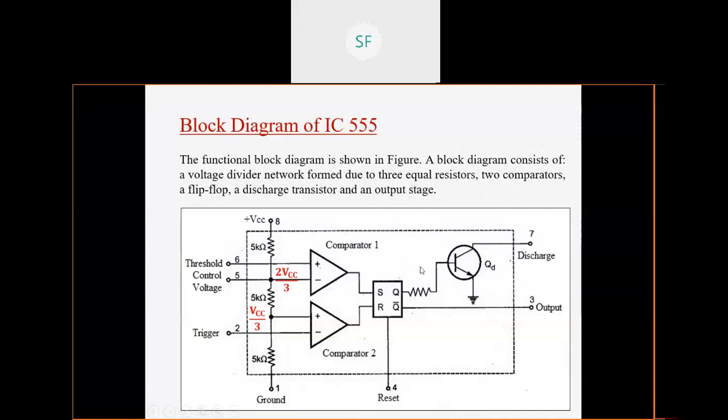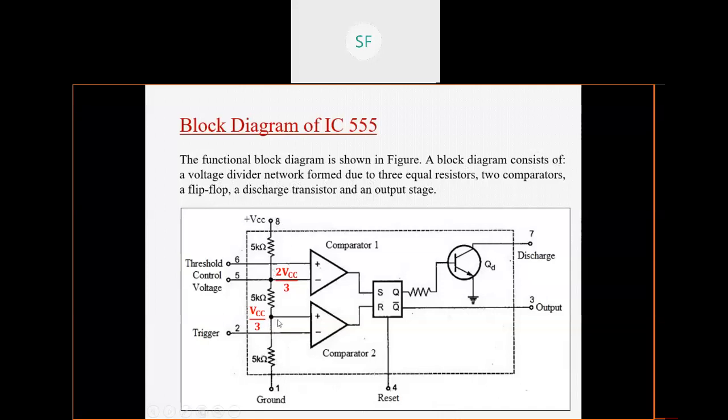So I hope I have taken an overview of all these components, that is, which component is what and what is the use of each component. It is a very primary discussion, so nothing hard is there. We have not discussed the working of each component yet, but we have just described all the components. So I will once more repeat this block diagram. You can observe that the block diagram consists of these many components. The first component is the voltage divider network.